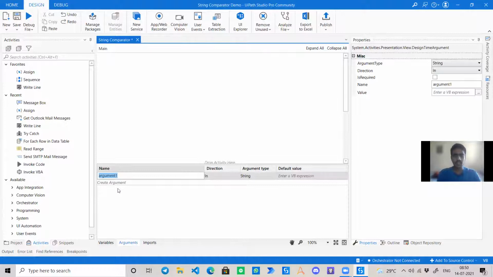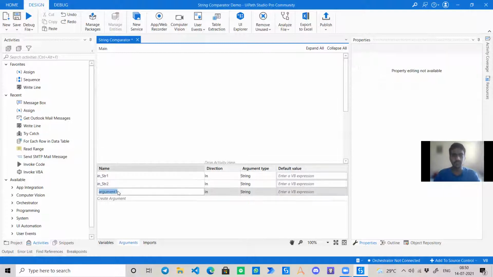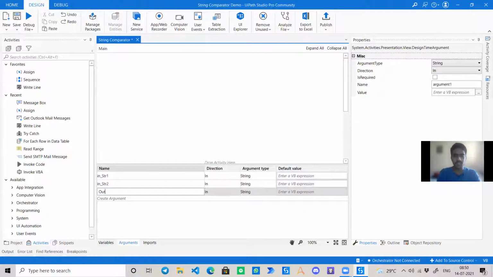So I'm creating an In argument for string1, another In argument for string2, and the main objective is to give out a percentage. So that is an Out argument, similarity percentage, and let's convert the direction to Out. Okay, so these are the inputs and output.